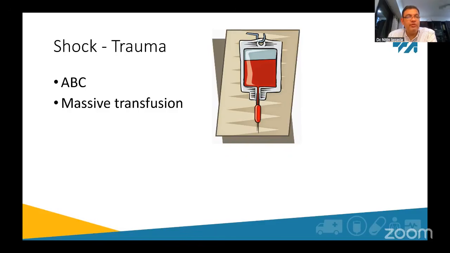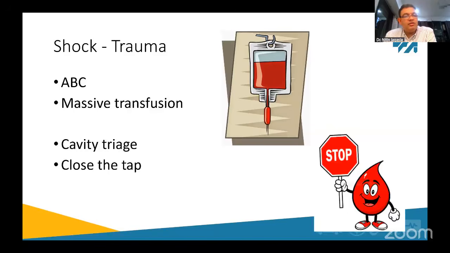So you're going to do your ABC like we discussed. You're going to manage your airway if required. You're going to give oxygen, breathing and ventilation. If you're required to take over mechanical ventilation, you'll go with that. And then, like I mentioned, if you've got a transient or a non-responder, you're going in for massive transfusion. Very important part of massive transfusion is what we call close the tap. What do we mean by close the tap?